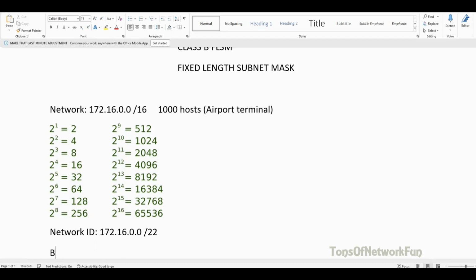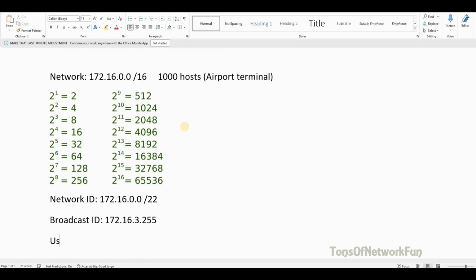Broadcast ID. We know that our block size is 4, but we won't be able to use the entire 4 size. So minus 1, 3, right? So our borrowal is happening on the third octet, right? This is where the borrowal is happening. So the increment also happens on the third octet. Now 0 plus 3 is 3. So it is going to be 172.16.3.255,